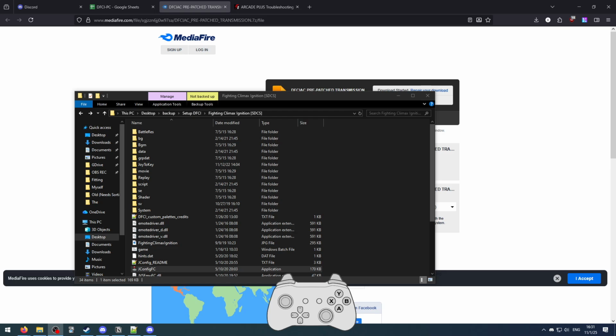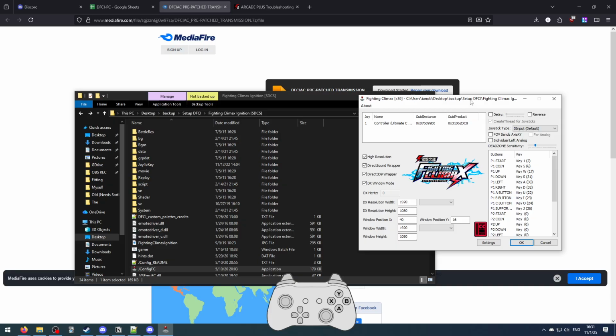So to set up our controller and set up the game, we'll have to open up jconfig. In jconfig, this is where you can find mostly everything. Your controller is going to appear here, Windows settings are going to appear here, and then your button bindings appear here. If your controller is not appearing at the top, if you plugged it in after opening up jconfig, you